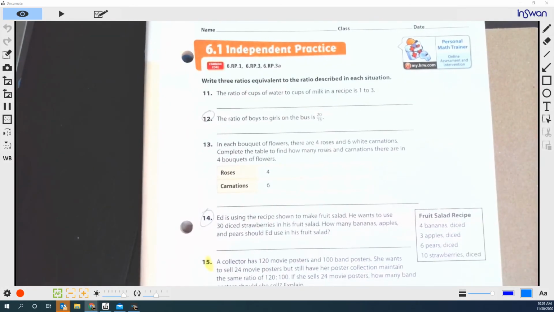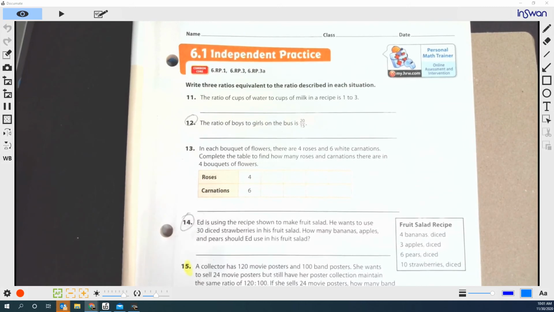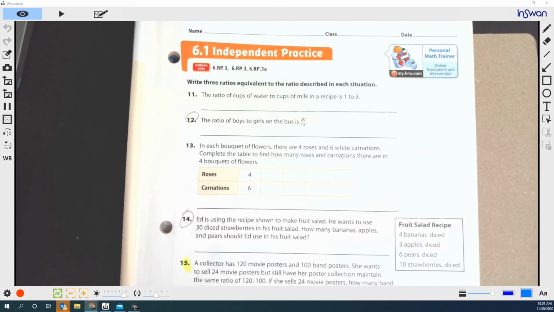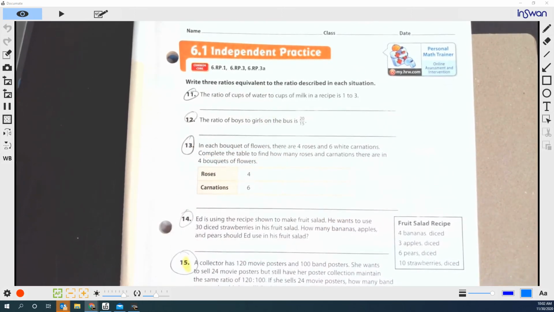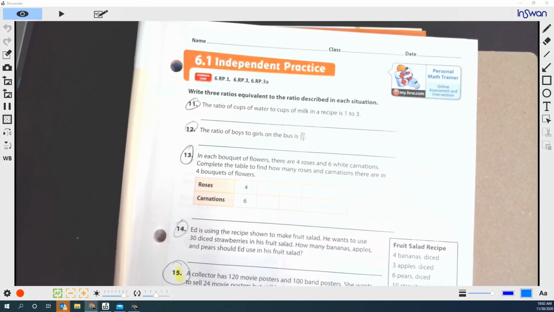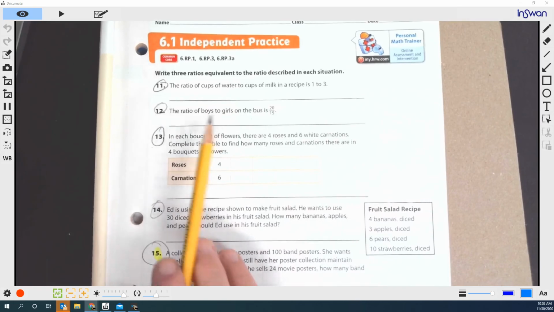Now, in our examples and things that we have for our book practice, outlined in our plans are some of the problems from the guided practice. You're going to do problems 11 through 16. And you'll stop at 16. And then we'll do the online interactive for practice. So if you look at these,